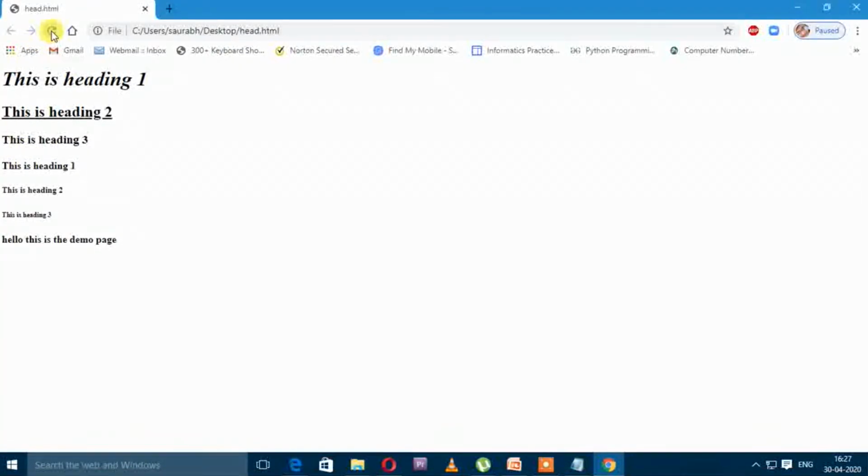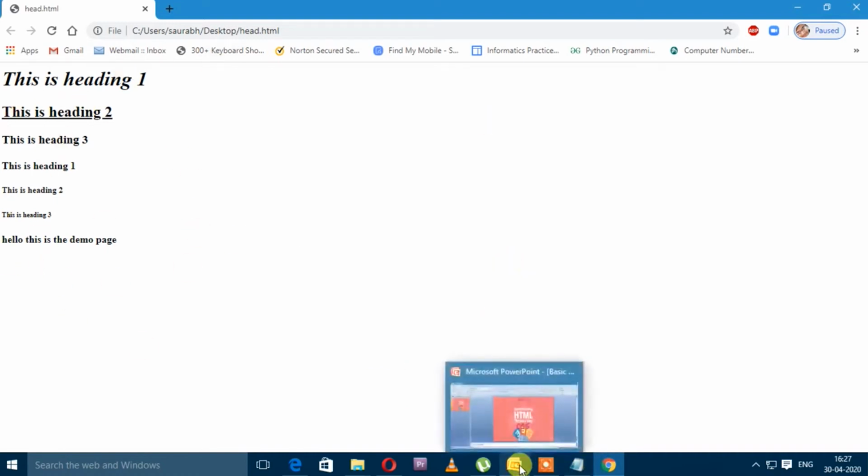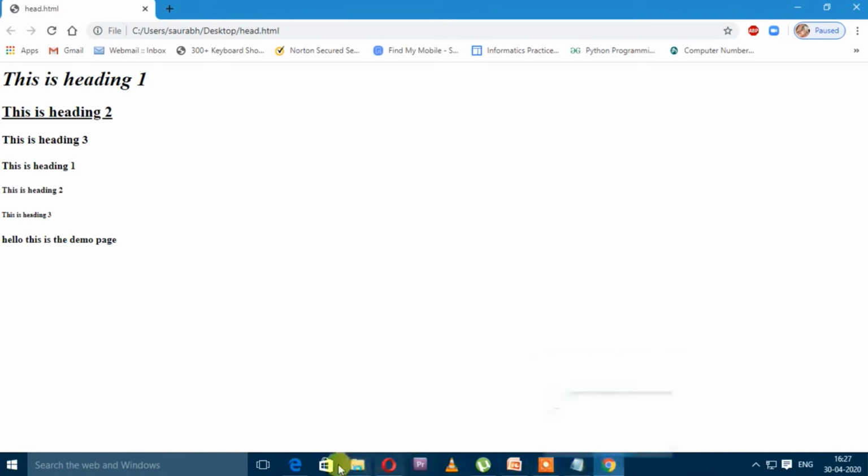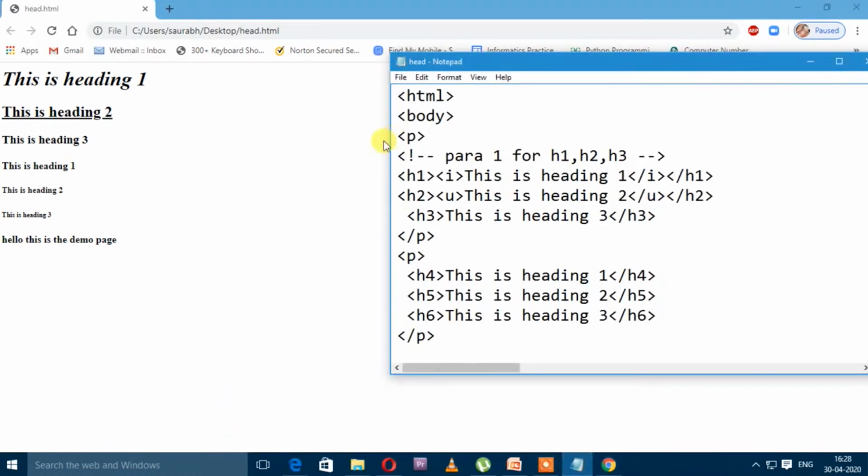Normally whatever text we written in the body tag, it displayed here on the web page. But this time we applied the comment tag here in between the body tags, but it is not displayed here. Okay, so the comment tag will not affect our output.